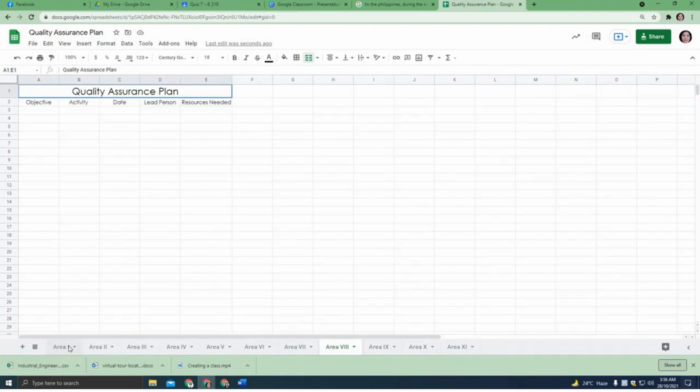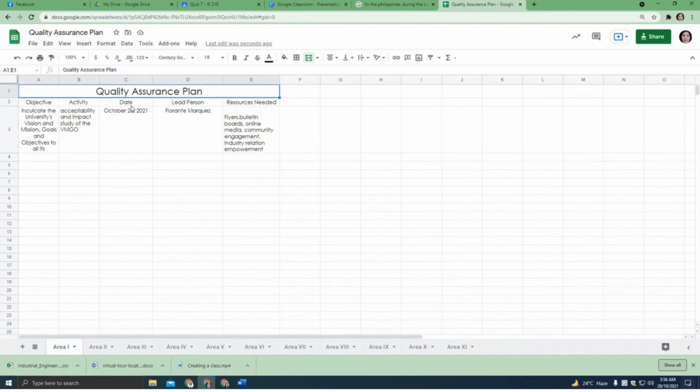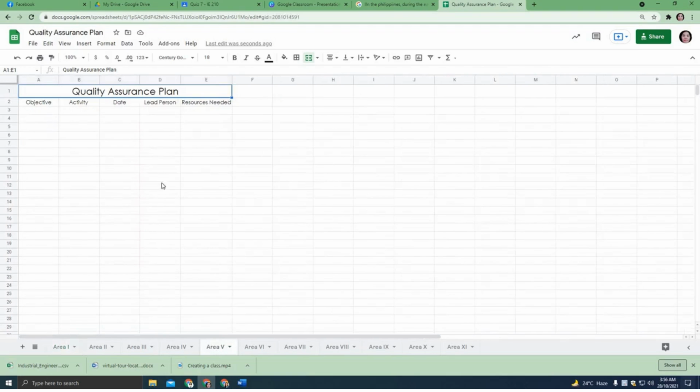For area 1 kasi, kaya there are these entries, it has already been answered. But the real template is just this one. So that the person in charge for each area will start encoding their answers on these columns. And it would be done easily kasi sabay-sabay kayong gumagawa,